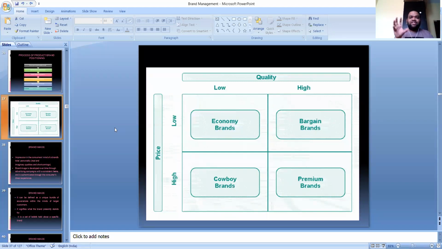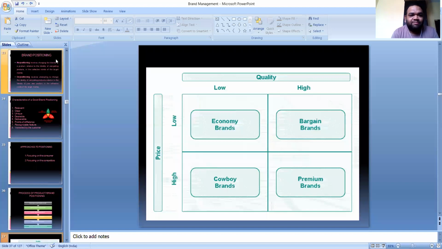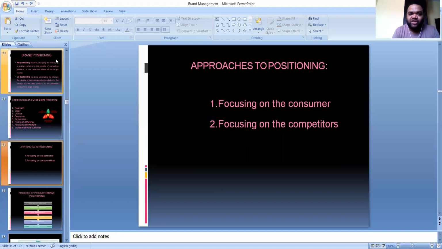So this is the table for the positioning of your brand in the customers. This is about brand positioning. What we have discussed here in brand positioning: what is brand positioning, depositioning and repositioning, and the characteristics and approaches to positioning, and then